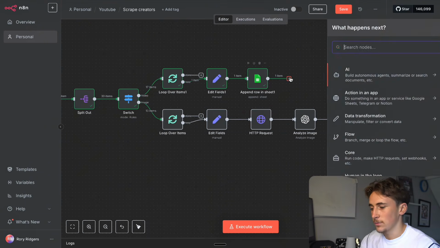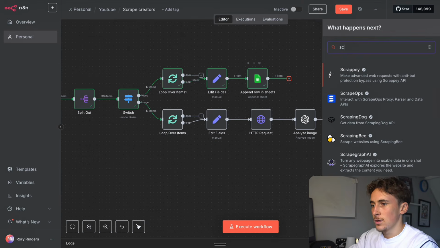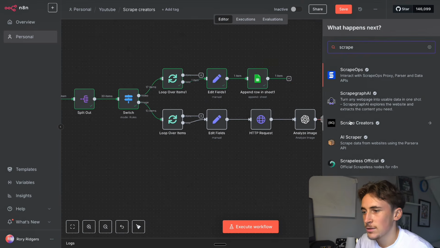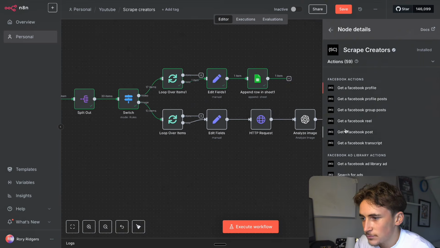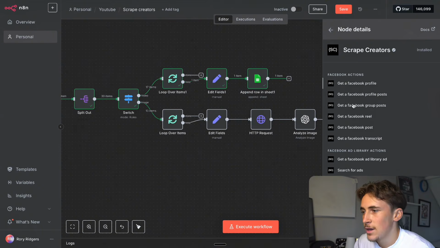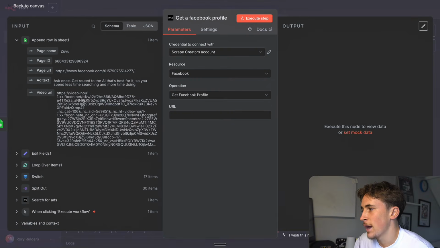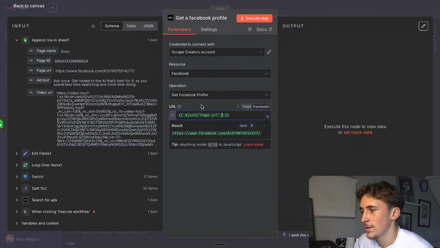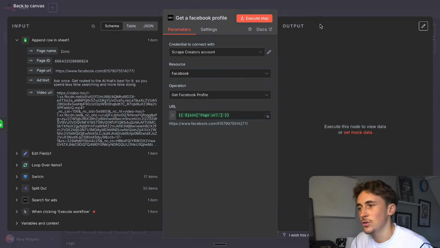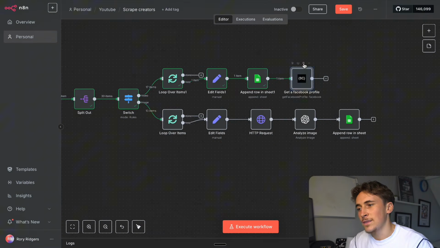Pretty simply, all you'd have to do is go to scrape creators again, scrape creators, and then it would just be Facebook. Get a Facebook profile, and then you already have their profile URL, so you could just drag that in there, and then you could get information on their Facebook page, and you can just add that all to the Google